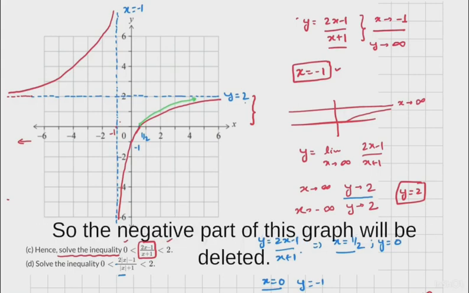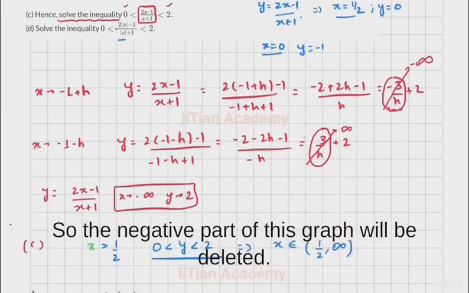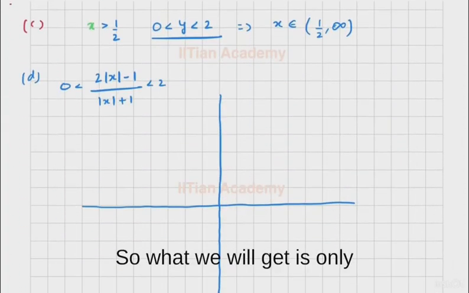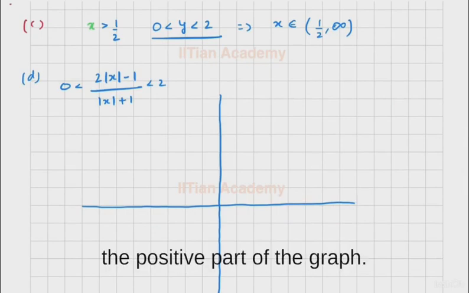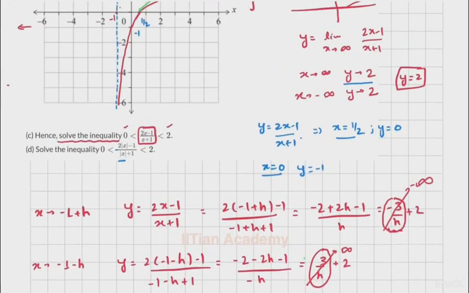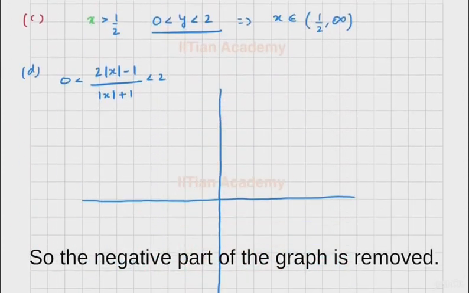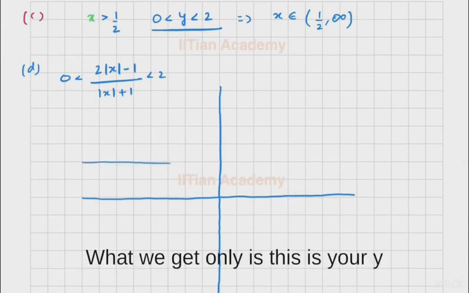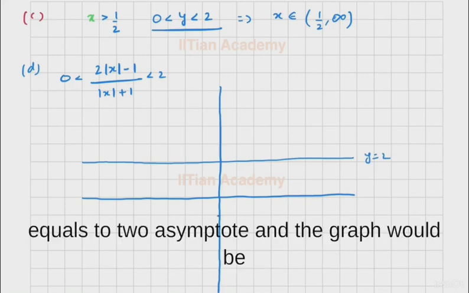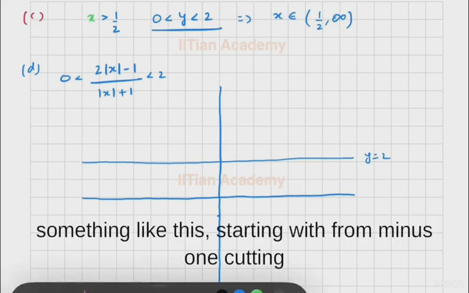So the negative part of this graph will be deleted. What we will get is only the positive part of the graph. So the negative part of the graph is removed. This is your y equals 2 asymptote, and the graph would be something like this,